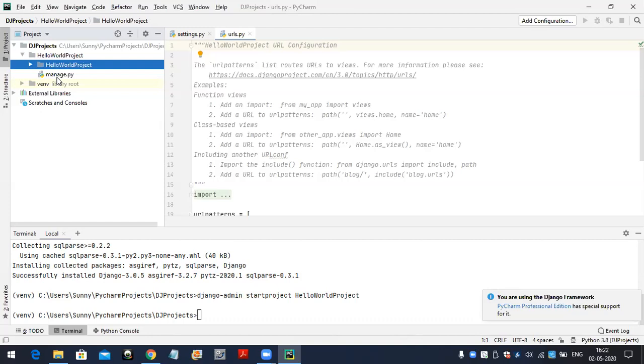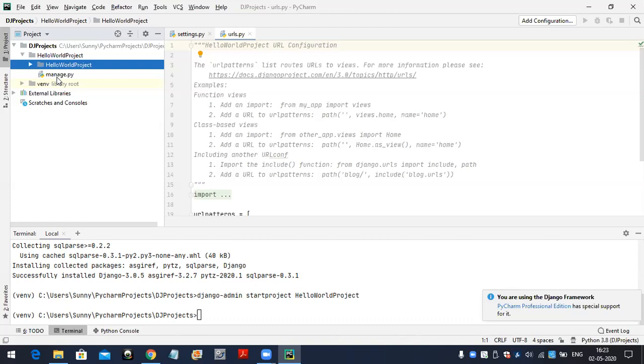If you want to create the application, manage.py is required. Tomorrow, if you want to run migrations, manage.py is required. The manage.py file is a very important file.